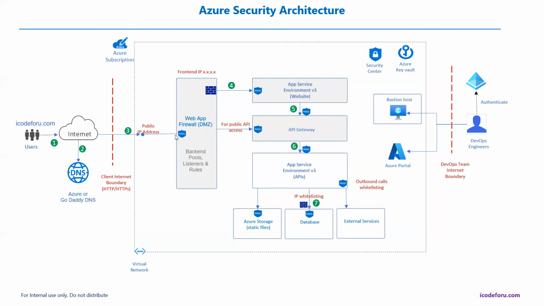Now the request should look for the public IP address, because the public IP address of the application gateway is configured in the DNS registrar. Once the DNS registrar compares the mapping of the public IP address with the URL, it sends that request to the Azure application gateway. In the Azure application gateway, we have the public IP address, and it accepts the request once that is matching, and then the request will be processed